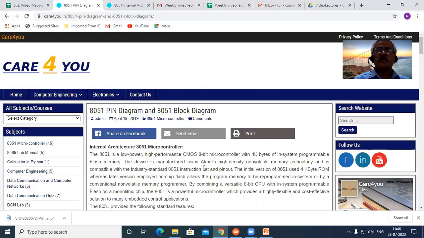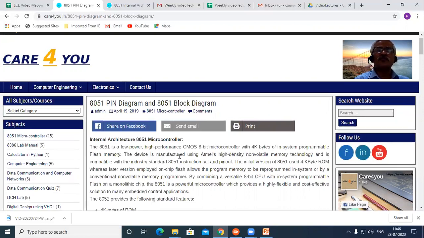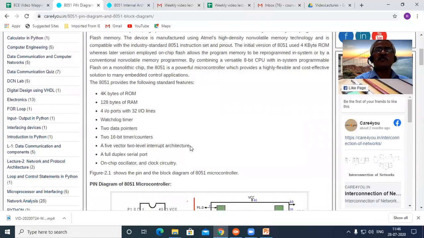The 8051 is basically an Intel series microcontroller, which is an 8-bit microcontroller built using CMOS technology. The different features of the 8051 are that it has 4 ports. It has an inbuilt ROM and RAM.